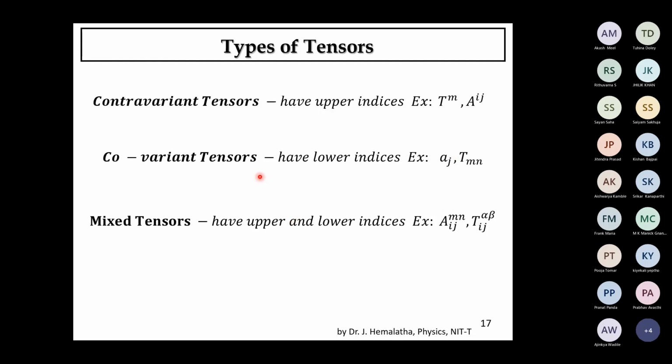So mixed tensors can be like this. You can make upper indices and lower indices, and totally for this the rank is 4. Right? Here also the rank is 4. You can split